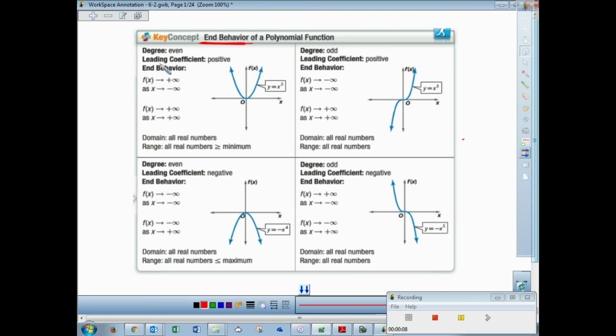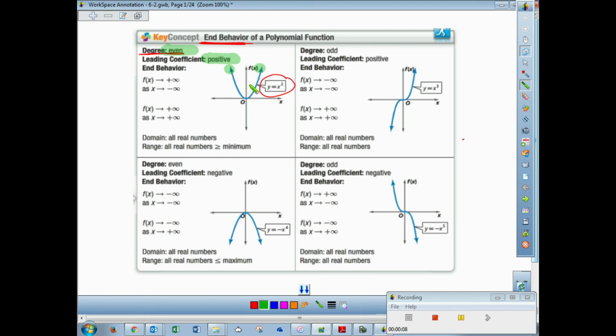Right? So you can see here that this guy, y equals x squared, the degree is even. Any even degree polynomial, the two ends will be going the same direction. Aren't those both going up? Now, why would that be going up? Because it's about the leading coefficient. Remember where you'd look at the a value and see, does this open up or does this open down? What kind of number would the a value be if this parabola opens up? Positive. So that's why this says you've got a positive leading coefficient, the a value is positive,